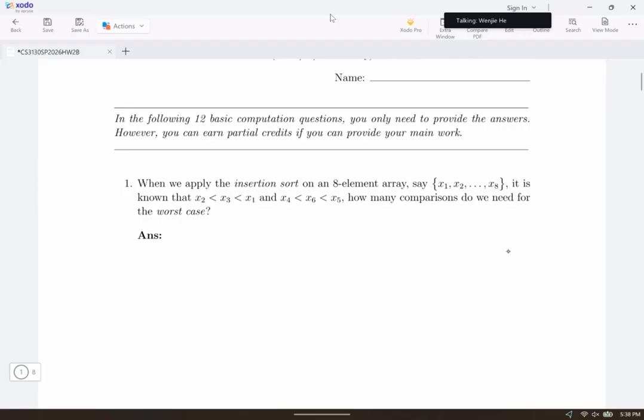In this case, we need to target the worst case, the number of comparisons for the worst case. But here, you cannot just apply our worst case formula directly, because our worst case formula holds under the condition